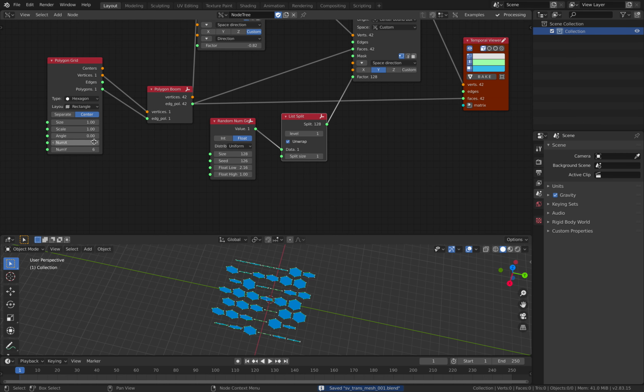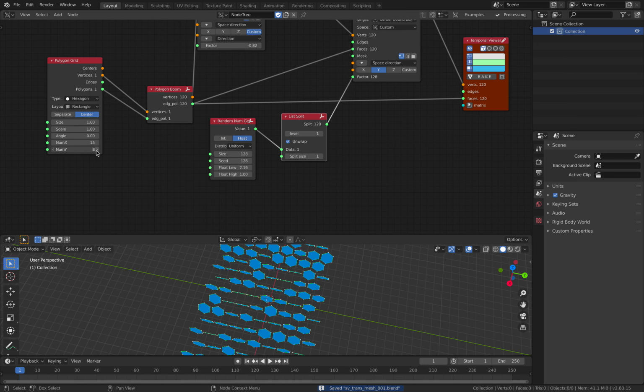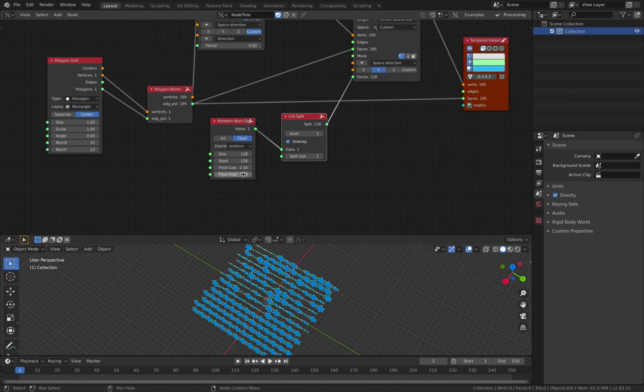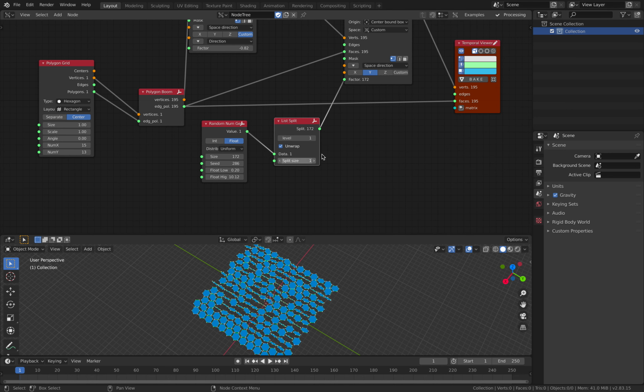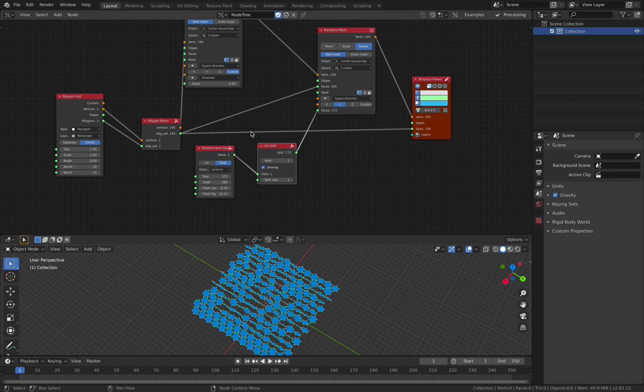If you want, I'm gonna show you something that's maybe quite common. So this one is random, right? Random float and minimum and maximum value. I've done this many times, so it should be familiar apparently. So we need to use list split. Alright,